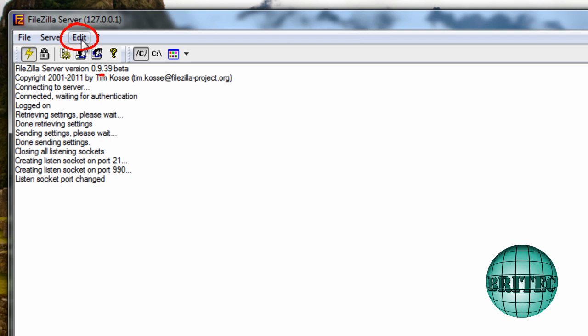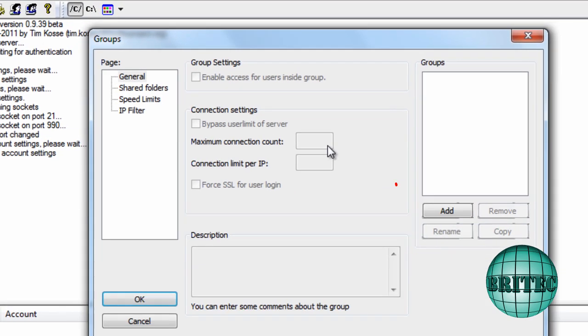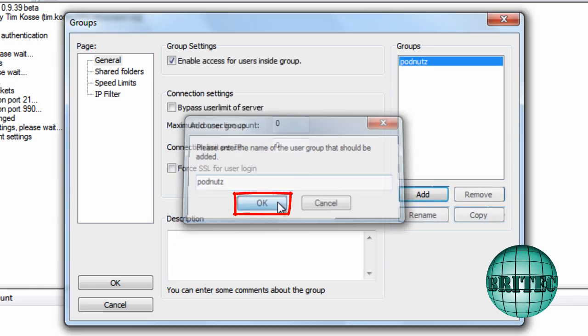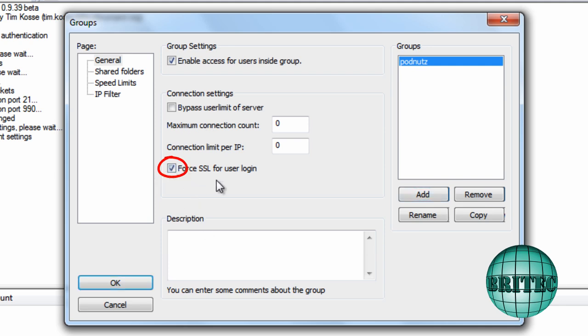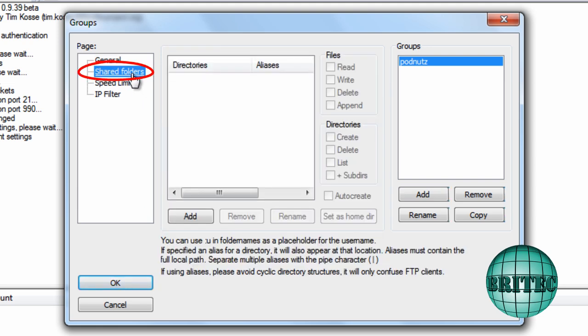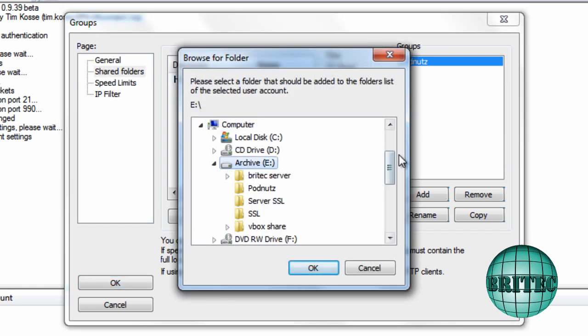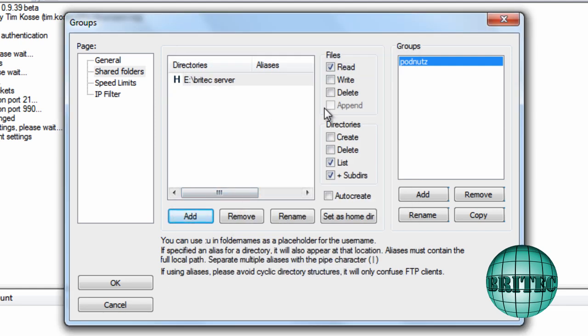So what we need to do next is go to Edit and then go to Groups, and we need to create a group. What I'm going to do here, we could call this whatever we like. So I can call this that group, and then force SSL. You want to make sure you do that because that forces them to download the certificate. Also want to share a folder with this group. This Podnuts group will be sharing this folder here,